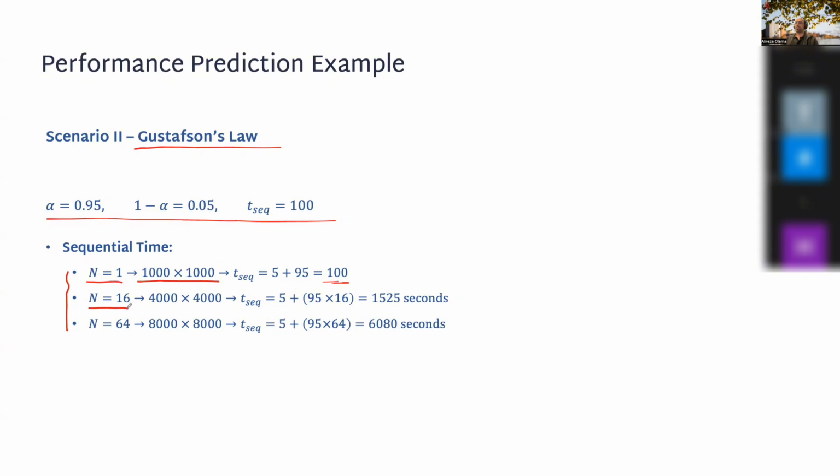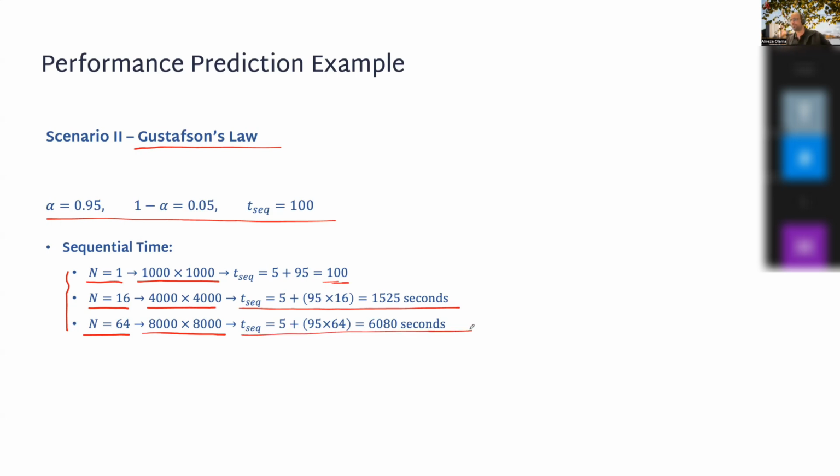But if we use 16 cores, the problem size I consider to be 4000 by 4000, and if you compute the sequential time for this problem size, then you have 1525 seconds. And if you further increase the problem size for 64 cores, then 8000 by 8000 matrix, then your sequential time is